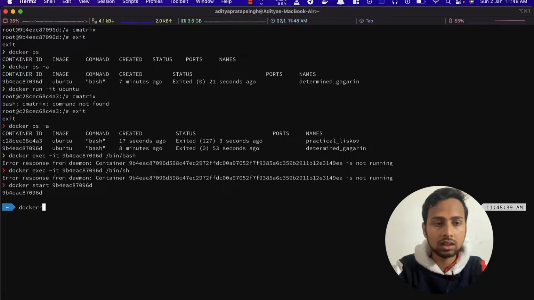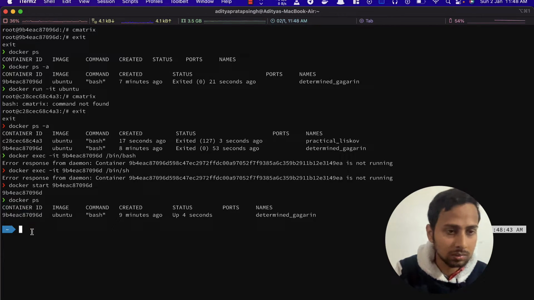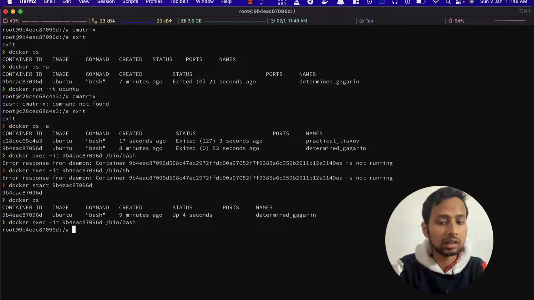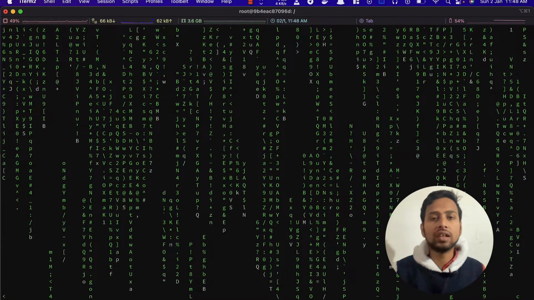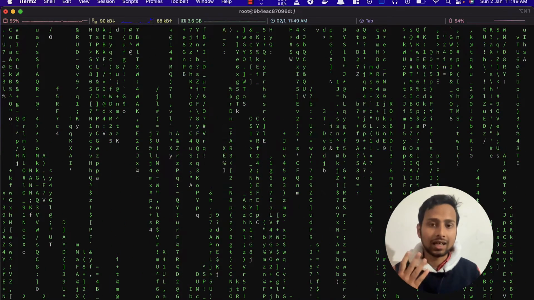You can check all the running containers with the command docker ps. Here you can see this is now running, and now we can get into it. We can just use the up arrow key to get into the bash, and here if we write cmatrix, you see we are running cmatrix.